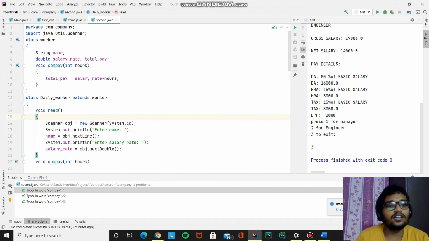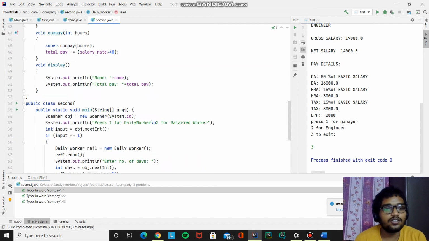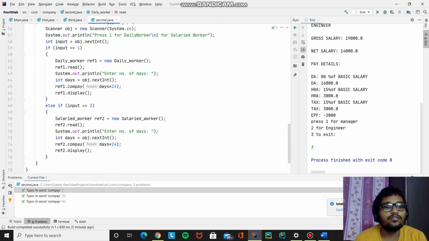In daily worker, we have a read method here. It is just to read the name and salary rate of the daily worker. Similarly, we are using the object of the scanner class, and using that we are taking the name and salary rate, right?